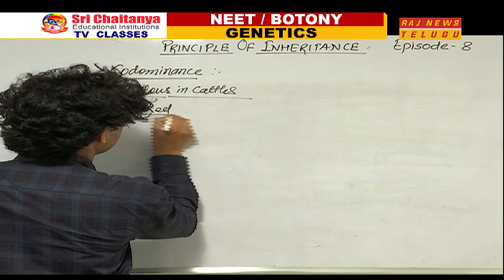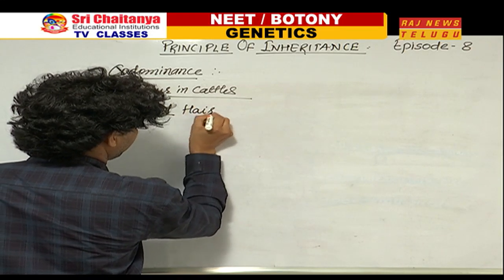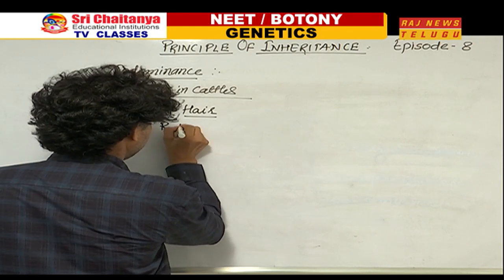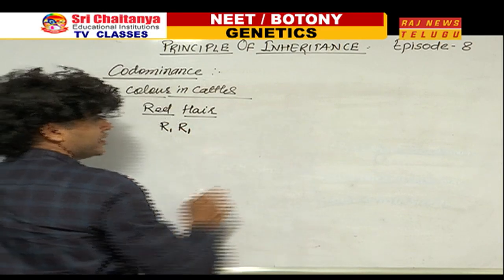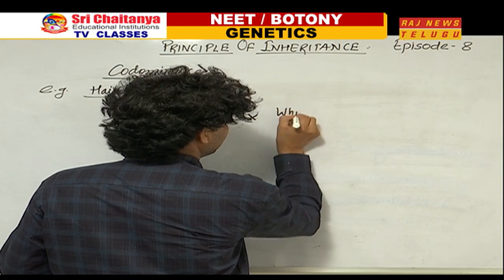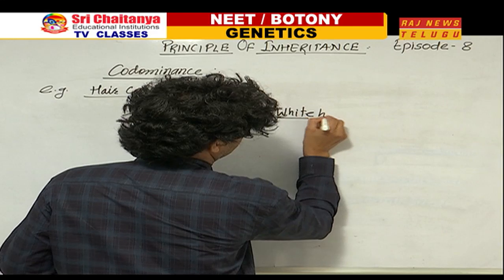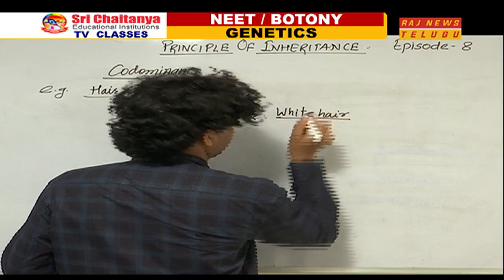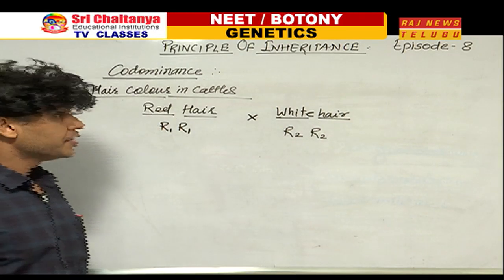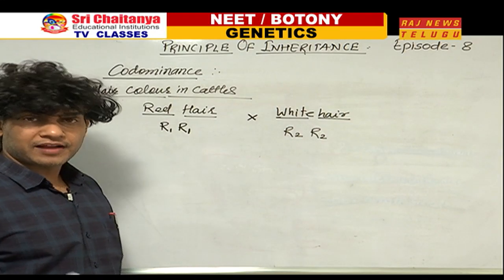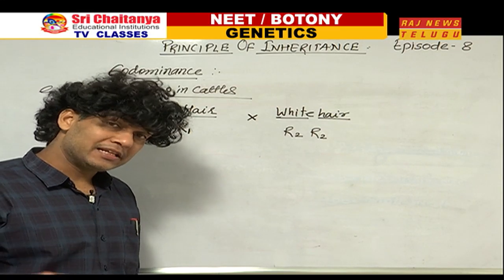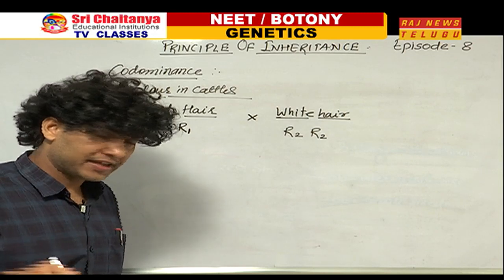Red-haired cattle, R1, R1. If allowed to cross with white hair cattle, R2, R2. Intentionally, rather than the pattern of the representation of alleles as capital letter and small letter, I am using a